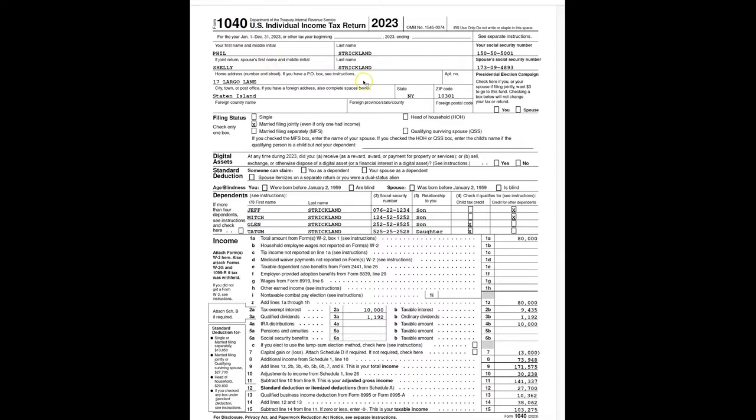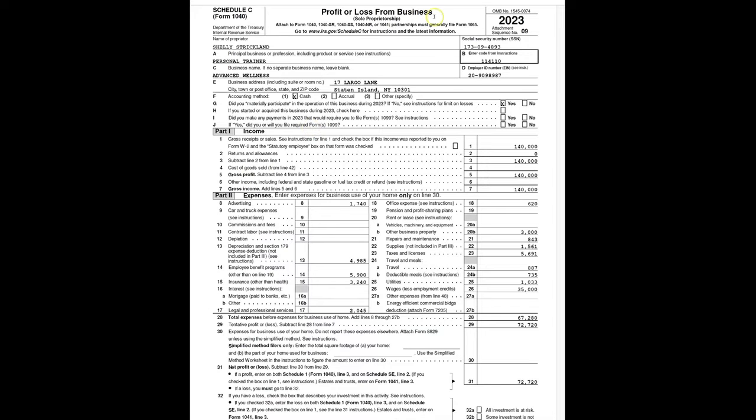Even though she worked this year, Shelley Strickland was self-employed. She owned her own business. So Shelley Strickland will fill out a Schedule C form for a small business owner. And let's go take a look at what a Schedule C looks like for Shelley Strickland, who owns her own business. And here's that business return, Schedule C, which gets attached to Form 1040